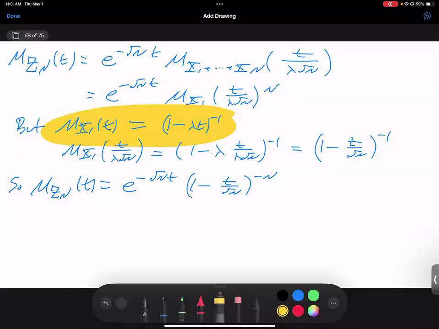When you look at the higher powers, the mean, the first moment is going to have a t over square root of n. And we're going to raise it to the nth power. All right, square root of n to the n, that could be big. The next one is going to be a t squared over n to the nth power. Okay, those could still be comparable. But the next one is going to be a t cubed over n to the 3/2, to the n. The n to the 3/2 is now bigger than n. That's not going to matter. That's where the universality is going to come from.